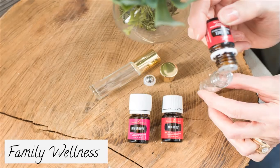So with all 3 of these oils, they can be applied topically or in a diffuser. And I like to use them on my skin, but I recommend that you dilute these oils when applying them topically, because Immune Power and Melrose do contain some warm oils, and your skin might be a little bit sensitive. So when I mention warm oils,